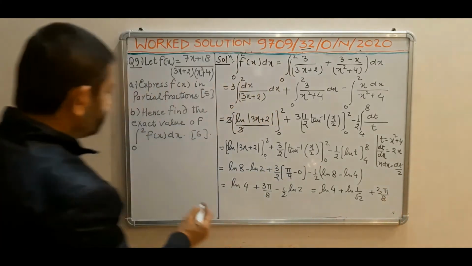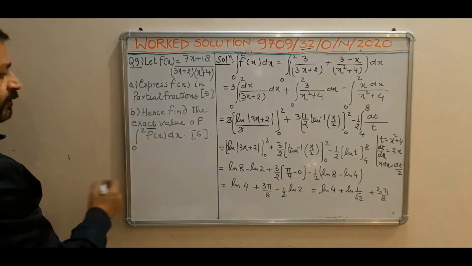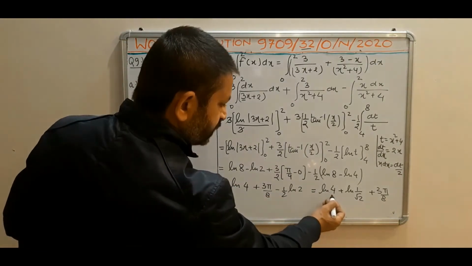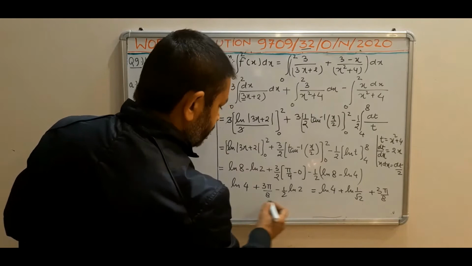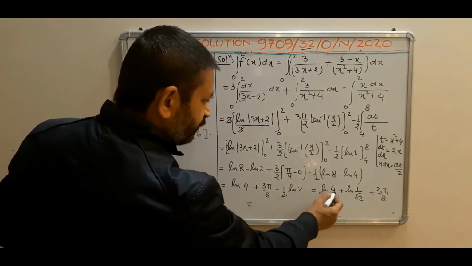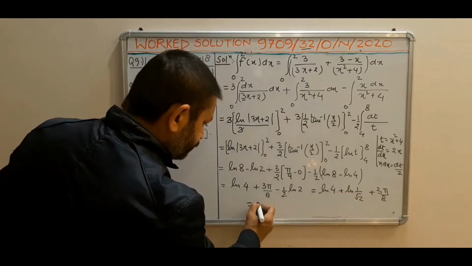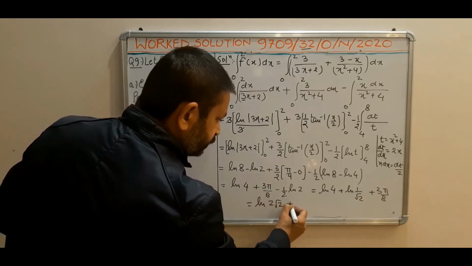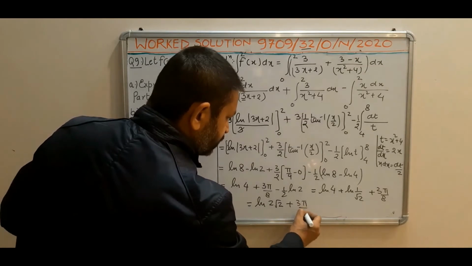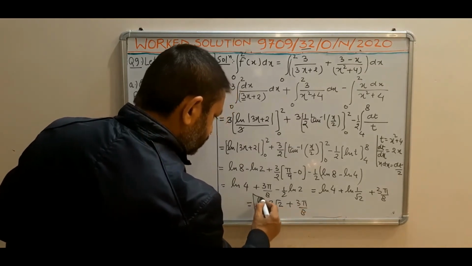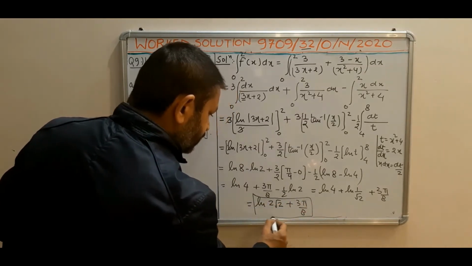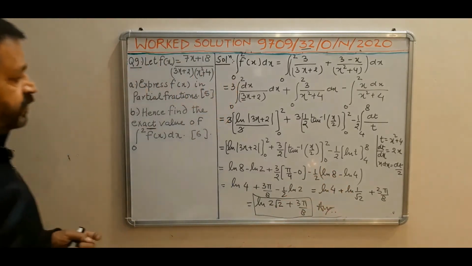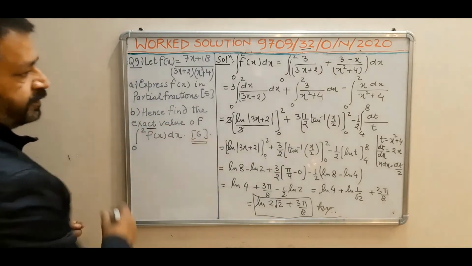If you look at the question, it says find the exact value of this integration. So we are not going to calculate this, we will just leave it like this. So it is ln x plus ln y, which is ln xy. So it will become 4 into 1 upon root 2, which is 2 root 2 plus 3 pi upon 8. So this is your final answer, value of integral 0 to 2 fx dx. That question carries 6 marks.